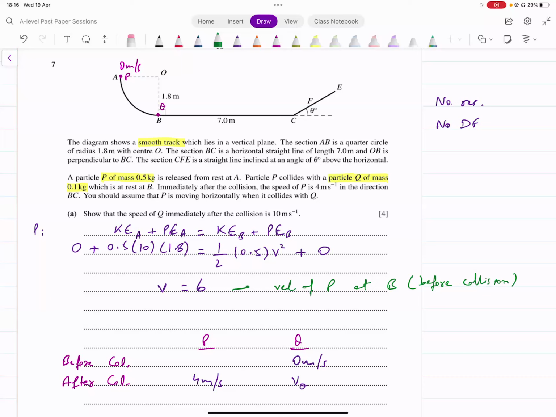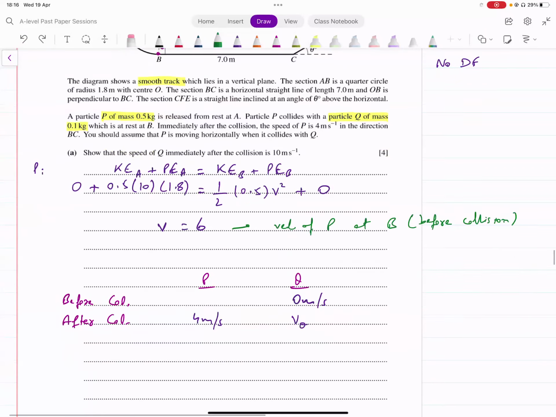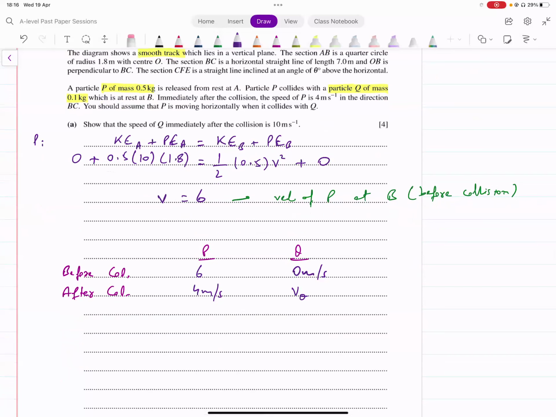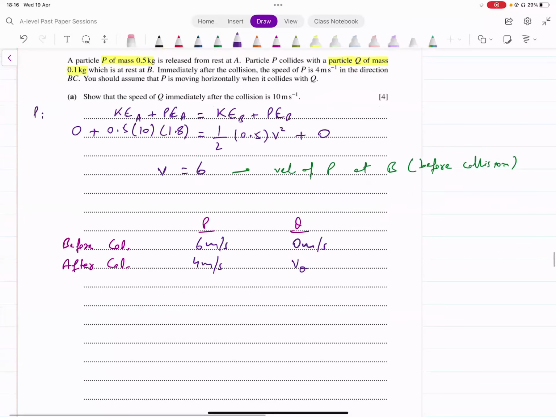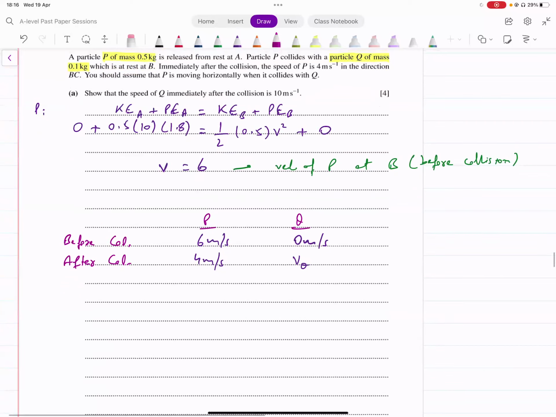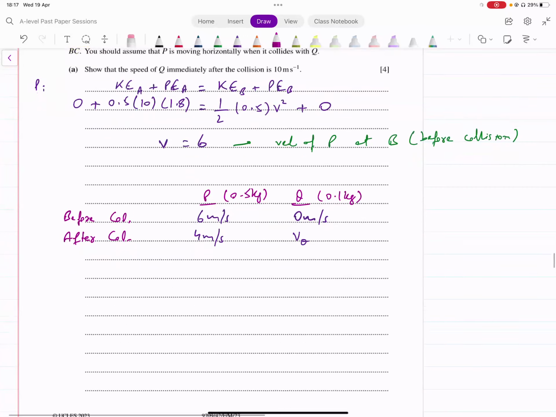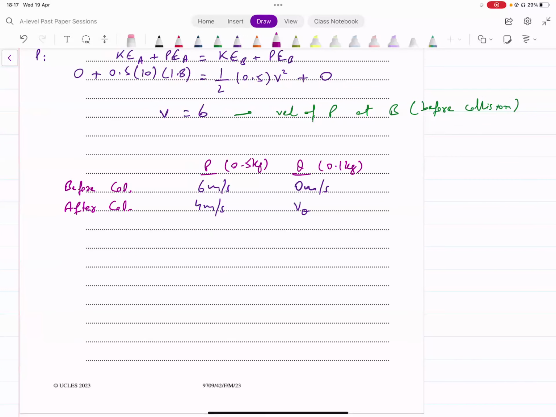Just before it collides with the particle B, इसकी velocity कितनी है, 6 meters per second। तो अब यहाँ पे लिख लें, अब ये 6 मीटर्स पर सेकंड हो गई है। आपको सिर्फ कंजर्वेशन ऑफ मोमेंटम अप्लाई करना है। रिमेंबर P का मास कितना है 0.5 किलोग्राम्स, Q का मास कितना है 0.1 किलोग्राम्स। लेट्स अप्लाई कंजर्वेशन ऑफ मोमेंटम। Momentum before collision